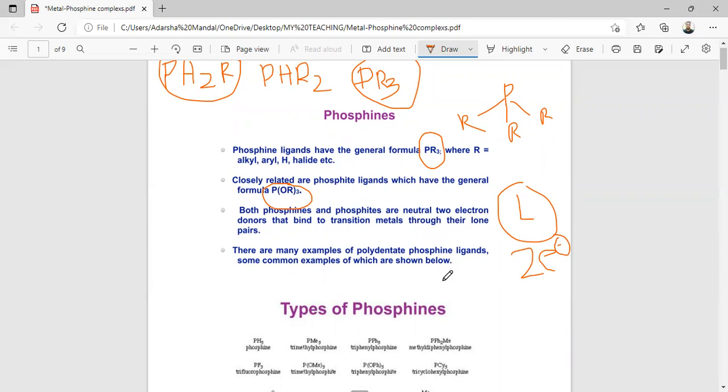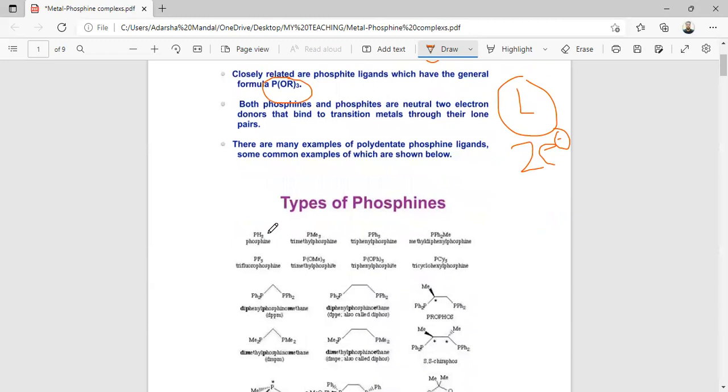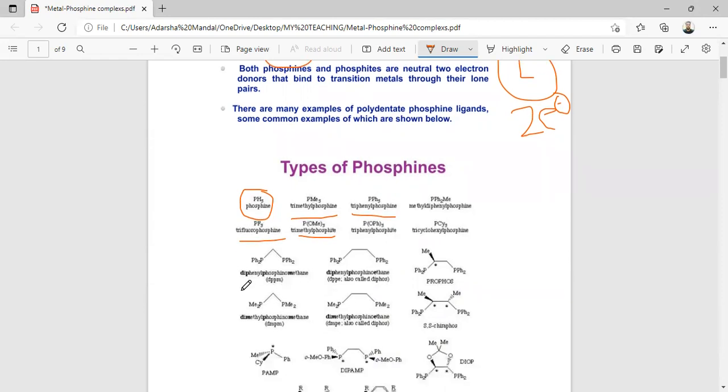PR3 is a monodentate phosphine ligand, and there are also many examples of polydentate, bidentate phosphine ligands. So these are some examples. This is the normal phosphine, and this is trimethylphosphine, triphenylphosphine, trifluorophosphine, trimethyl phosphite,